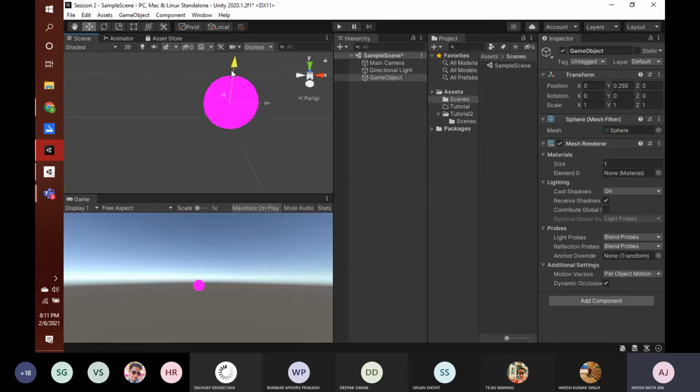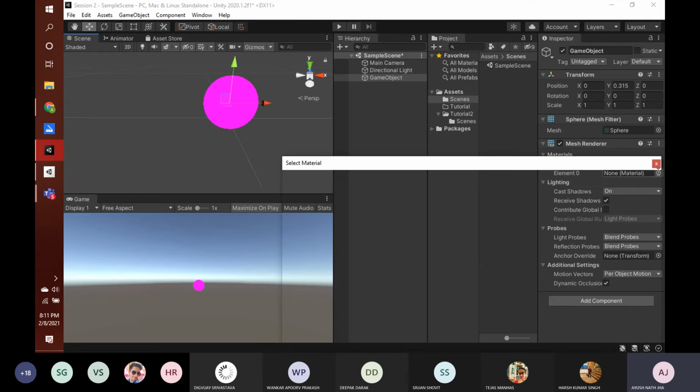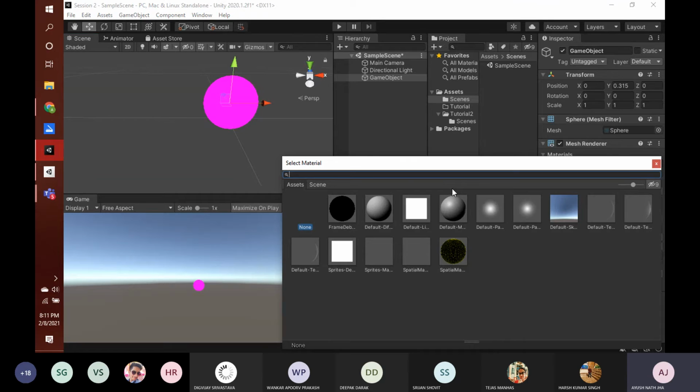Now you can see this. Now you can move this. So we just added a mesh renderer to it. Now you can see that no material has been specified for this. This is the reason why this is rendered in pink, because in Unity pink is the default color for any object that has no material or no covering over it. So we can add any material. Let's say we add this default material. We have a few default materials in Unity.